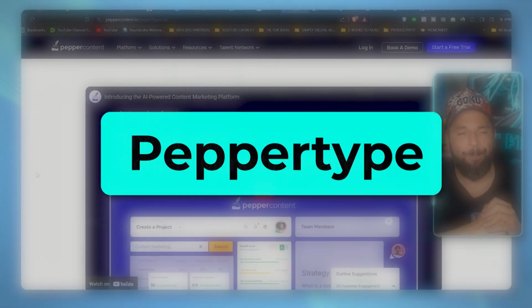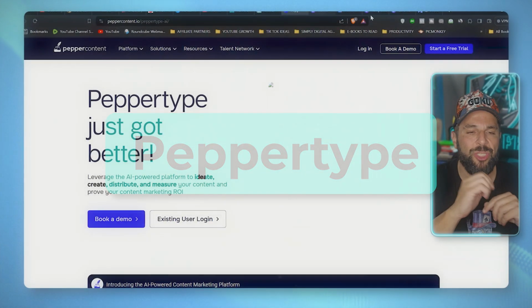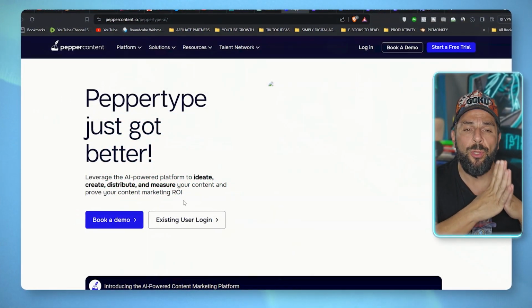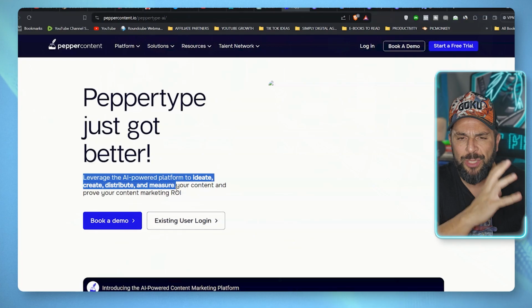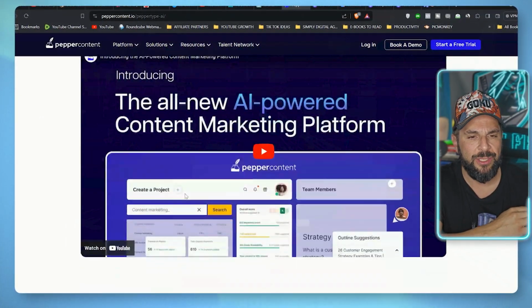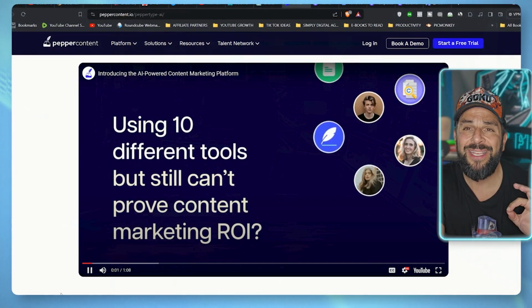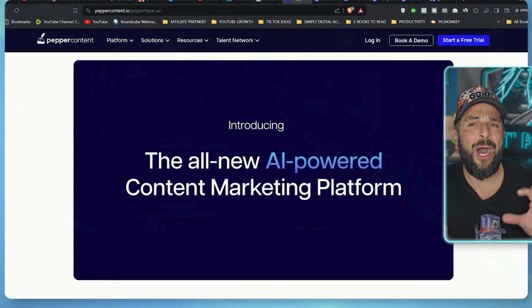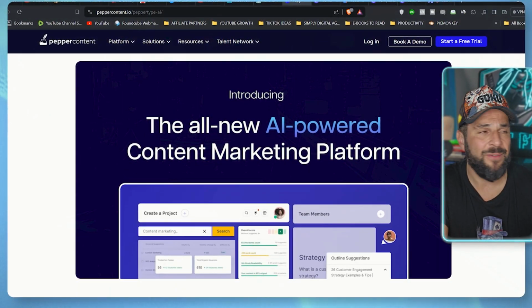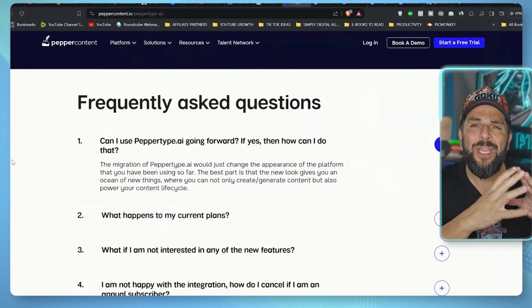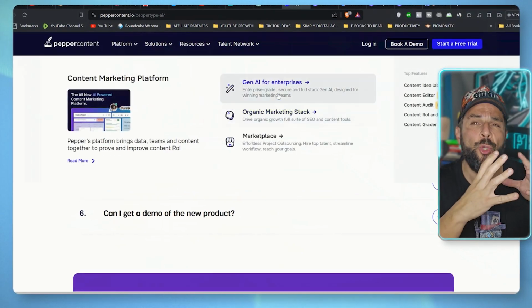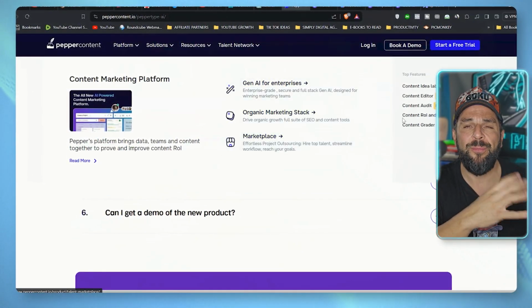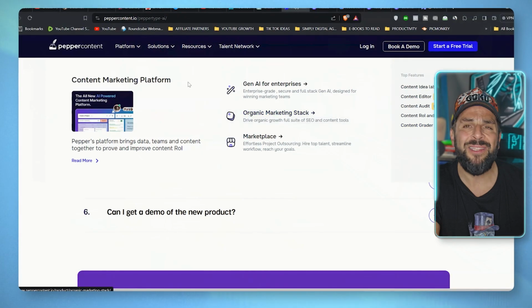Number 9. Pepper Content. You can use this amazing platform to offer multiple content formats like blog posts, social media captions, and email newsletters tailored to specific needs and niches. I'm talking about way more sophisticated stuff than ChatGPT produces, and you can even produce a workshop that you will create once with this platform and sell it again and again as a digital offering.